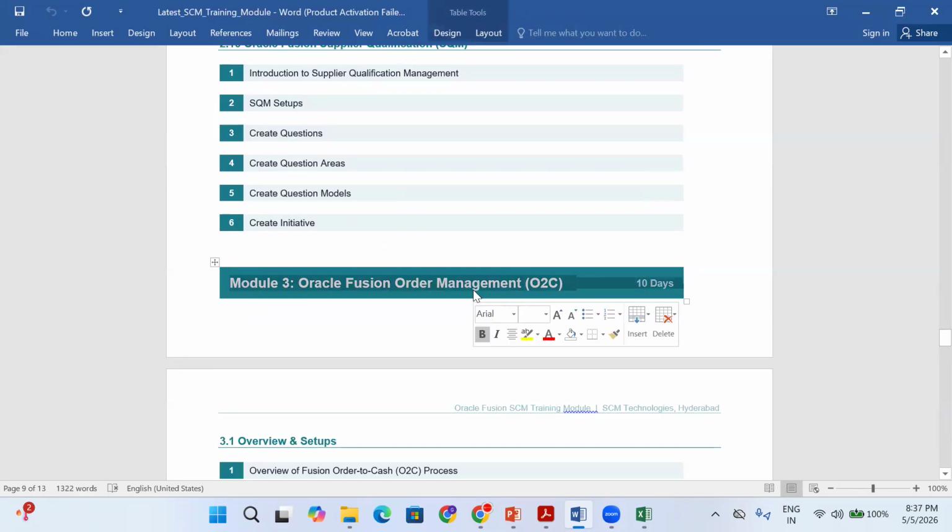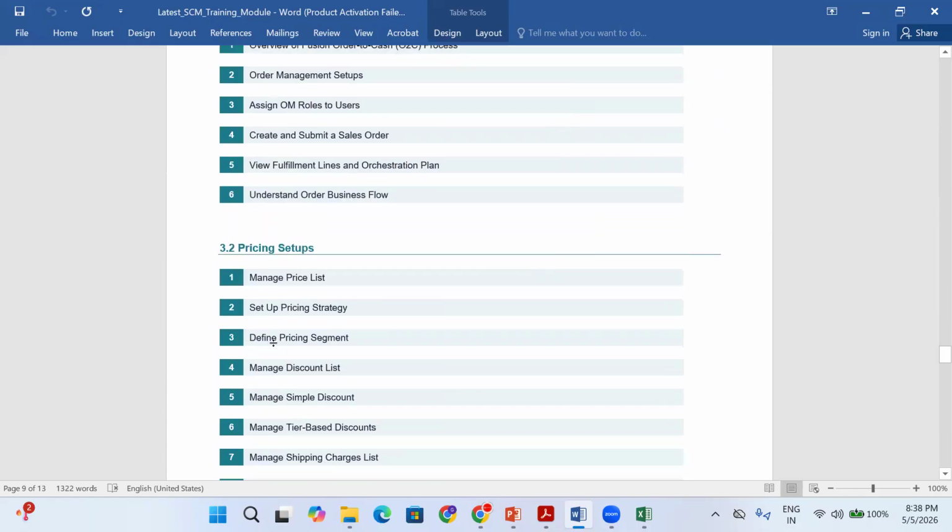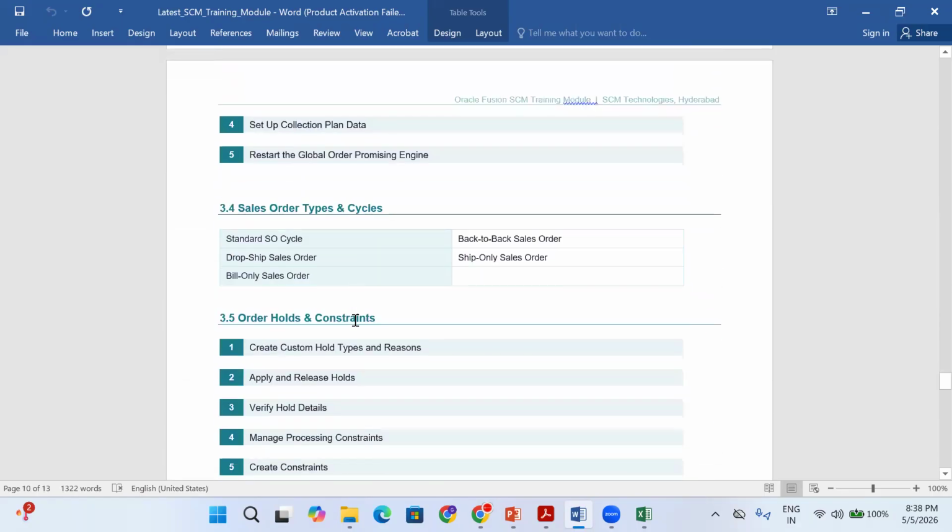If you have 5 years of experience, you get a 16 lakh package. If you know order management properly, you will get 5 lakhs additionally, 18 to 20 lakhs. So that's one of the important modules. After order management,